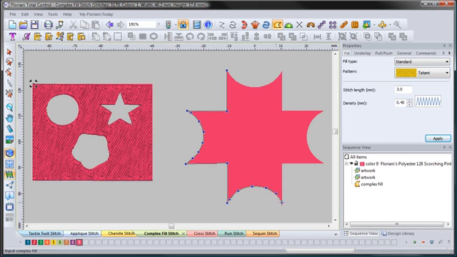I'm going to release control now, and I'm just going to left mouse click, left mouse click, left mouse click. Now I can come in and hit control and left mouse click, control left mouse click. Now I'm just left mouse click, left mouse click, left mouse click, hold down control and left mouse click around